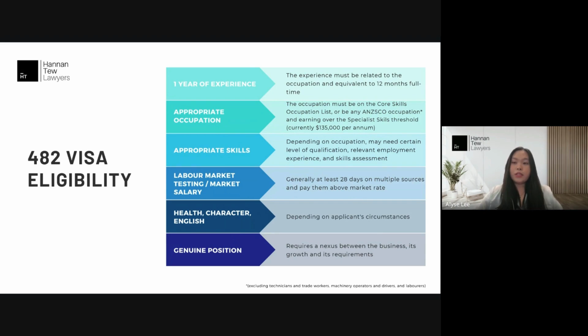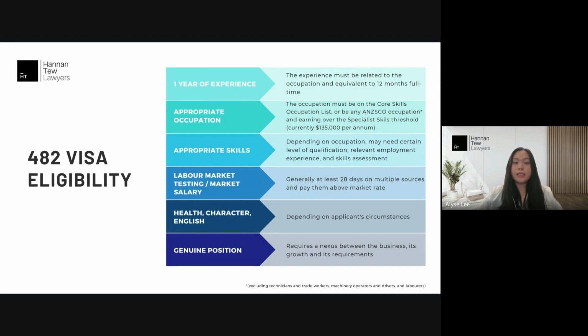The applicants will still need to meet the skill level, so they will need to show that they have the relevant qualifications. Generally, this is a bachelor degree or higher, and experience based on the skill level applicable to the occupation. For example, if an occupation requires at least 3 years of employment experience, regardless of the 1 year requirement, you would still need to show 3 years to meet the skill level for the occupation.